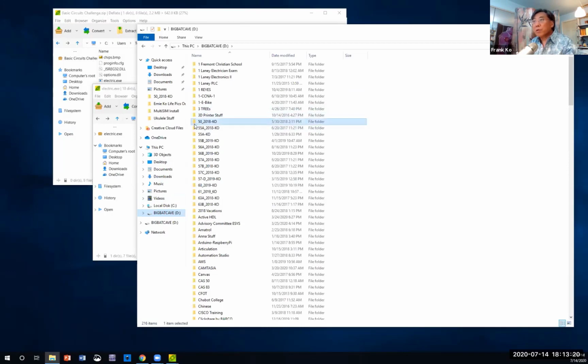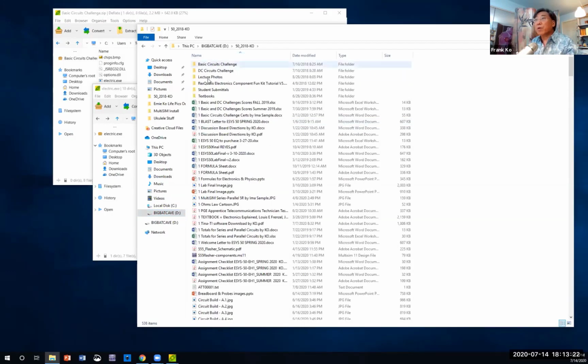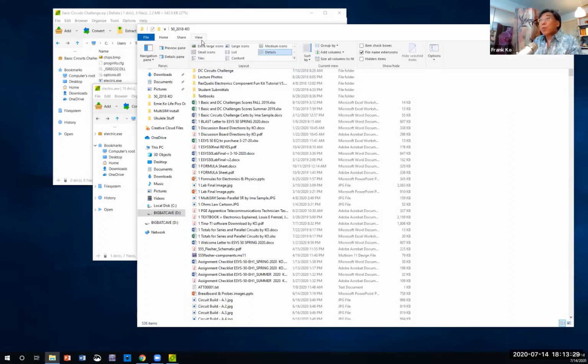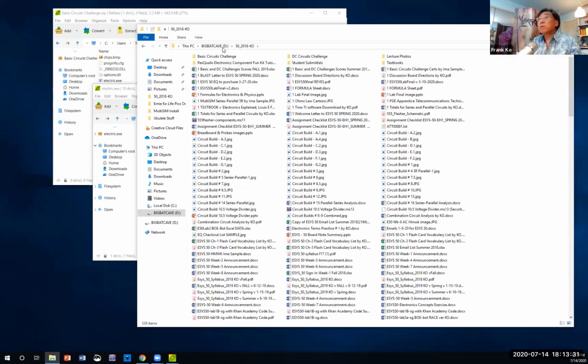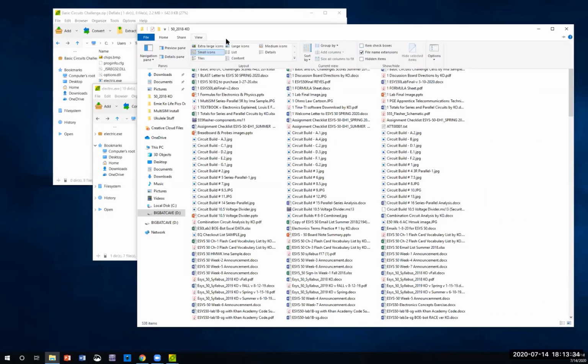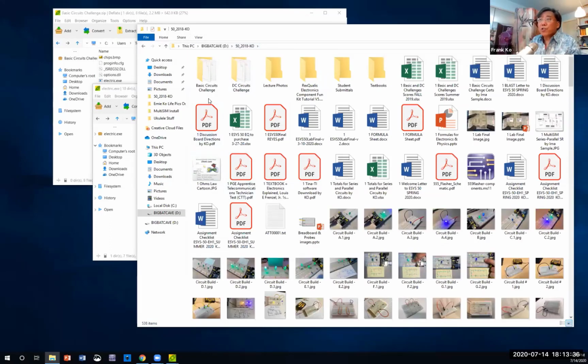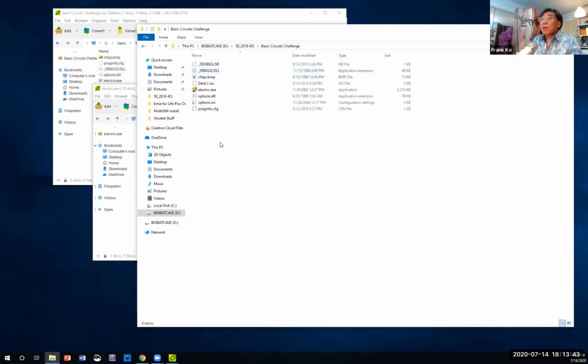So when all is good, what you end up with should be a folder that looks like this. Let me do view small icons. How about view large icons? Okay, you should see a folder that's marked Basic Circuits Challenge. That's in your download file. When you click this open, you'll see that the exe now has a symbol. When I go to click my exe, which is an executable file, what you will see,